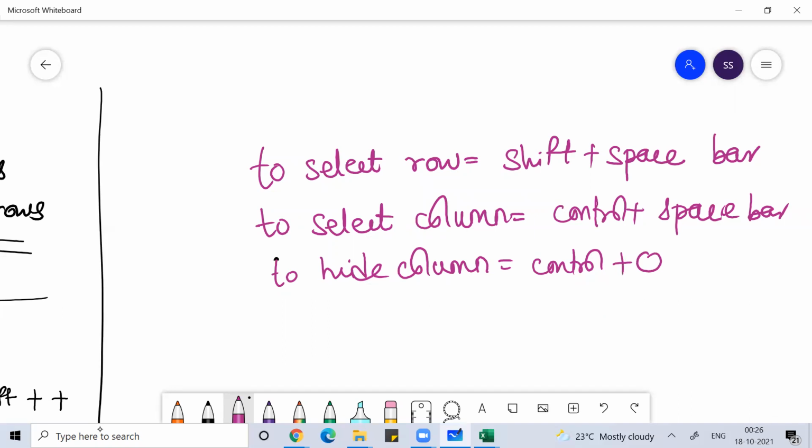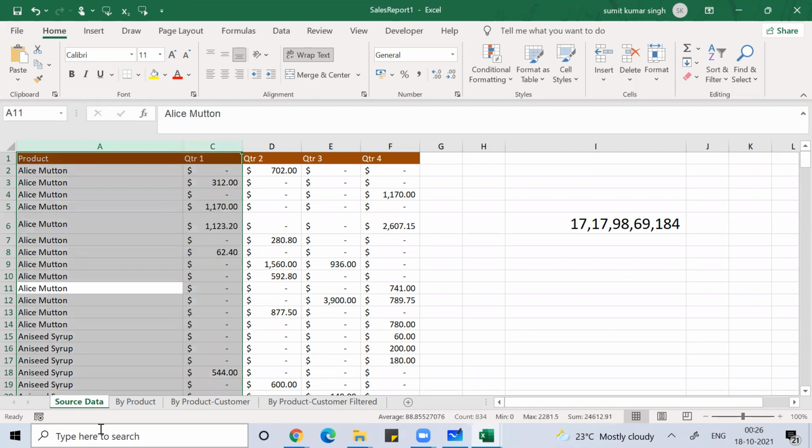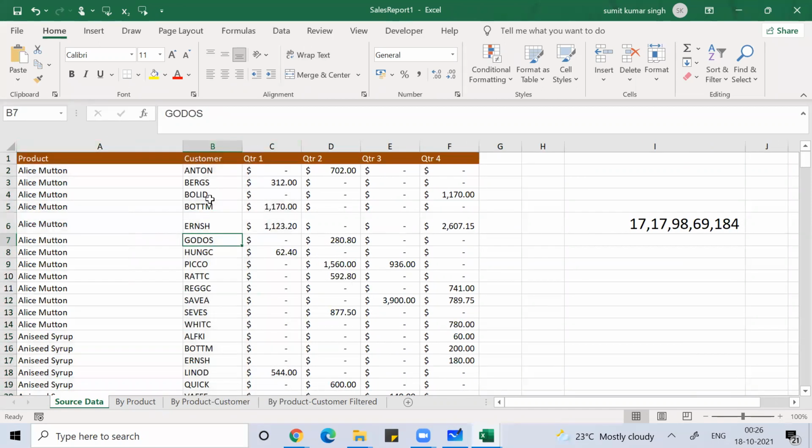To unhide, you can do it manually. If you want to unhide a column, you can select one column before it and one column after it: Control Space bar, Shift right arrow. Then you can use the mouse, and you can find Unhide at the end. You simply do that, and the unhiding of the column is done.